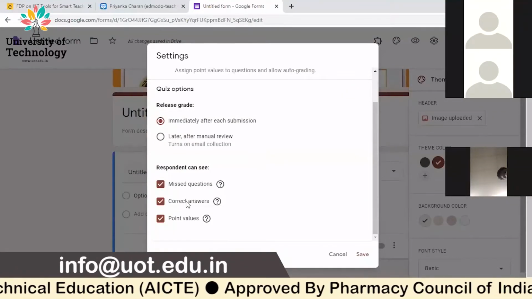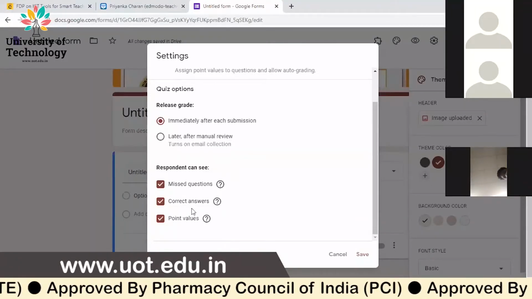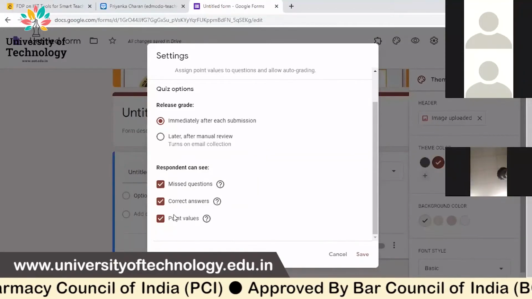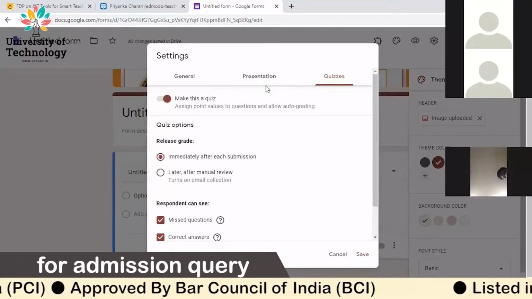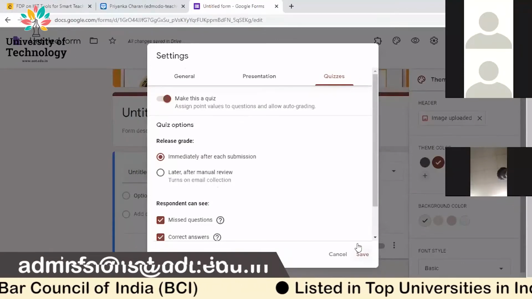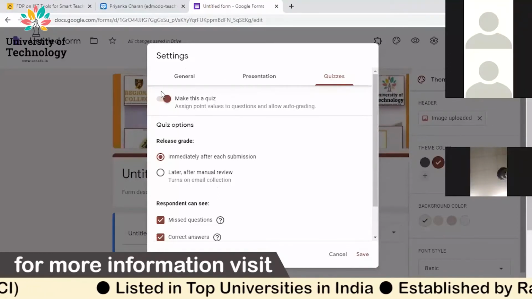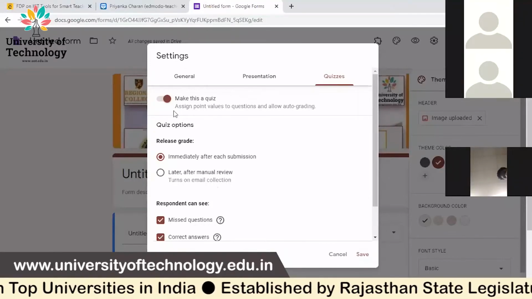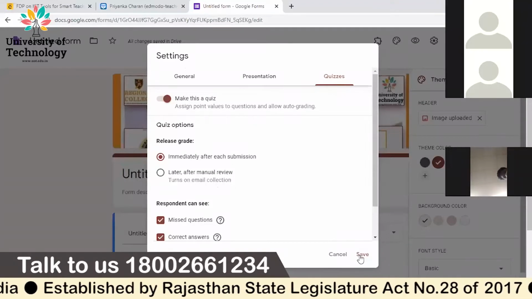Okay. Now the respondents, the participants can have the missed questions. They can see their missed questions, correct answers, and the point values. Each question, how many marks, and all that. So if you enable this, all these options are available for the users. After doing all these three settings, don't forget to click save. Process, once again I make it clear. If you want to have a quiz assignment, click here, click quiz, and you will have to enable this. Only then it can give you the automatic certificate generation, automatic marks, or you can avail this as a quiz. Okay, I'm saving this.